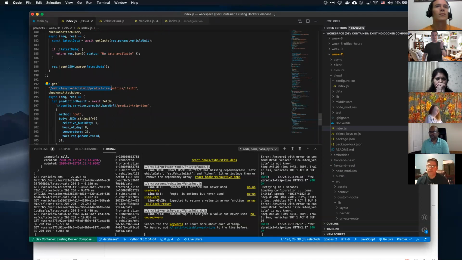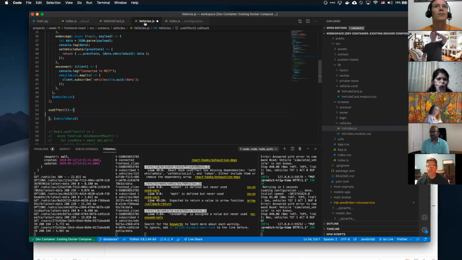So I'm going to subscribe to the vehicle data here as a dependency, and then do the standard thing here: async function get prediction.